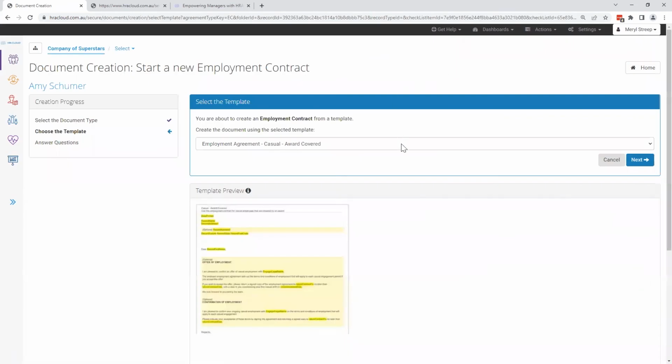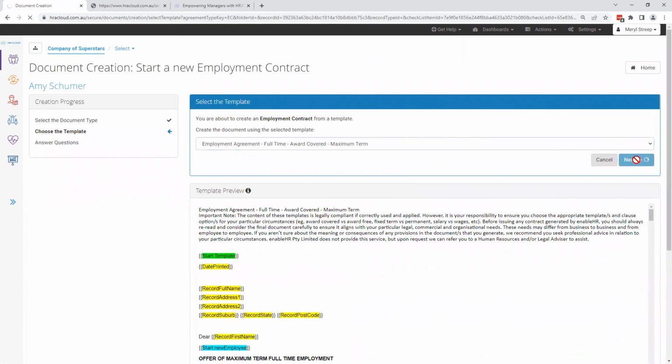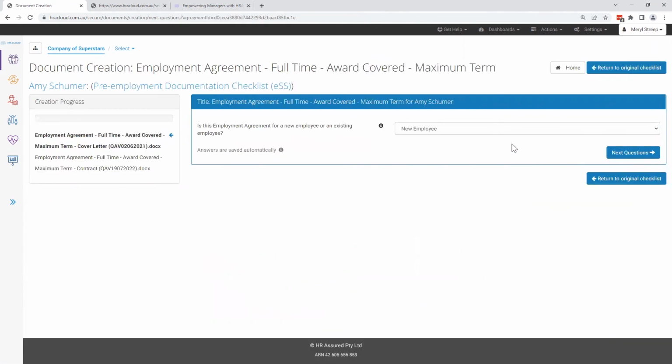You'll then go through, after selecting the template, a question and answer process where you'll be asked different questions that you need to supply the answers to, and this will tailor that template document to align with the details of the employee and their unique circumstances. I'm not going to go through the full document creation process within this, but when you get to the end of the document that you're creating, you can review those questions and answers and amend them as required by clicking Edit on any of the answers. You can preview the document you've created, and then you'd click Next if you're happy with it.